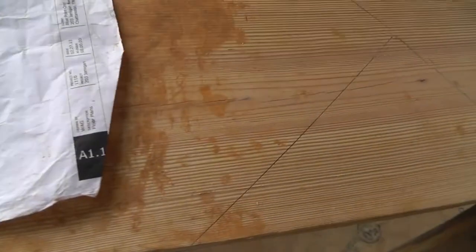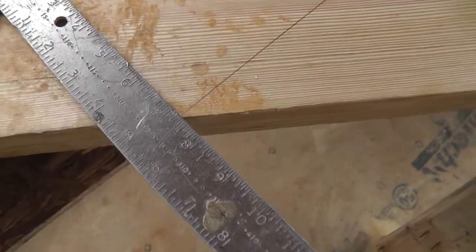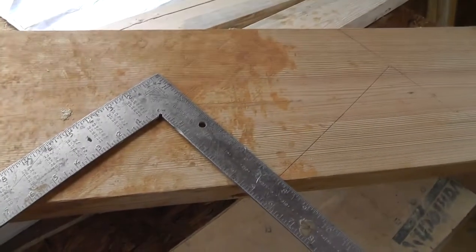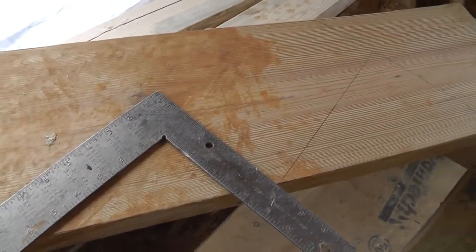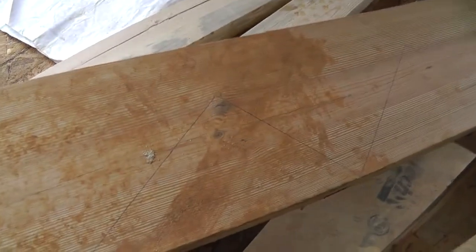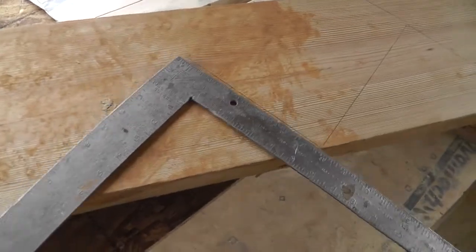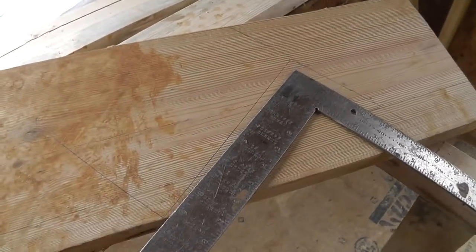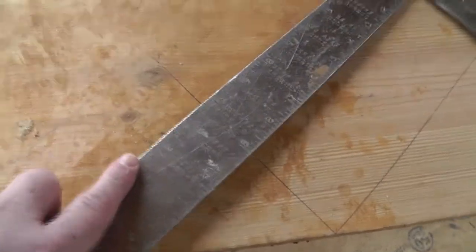So then what you do is you just keep moving your square down, setting it on 7 3/8 and 10. You keep doing that until you get the number of risers and treads you want. So anyway, I just wanted to do that quickly to show you how we start the first tread out and get the angle right. And we always make the tread 10 inches,